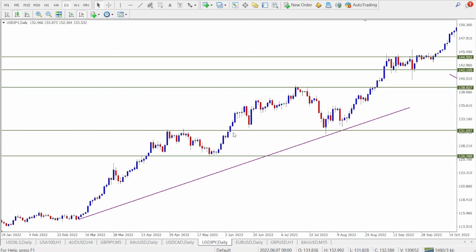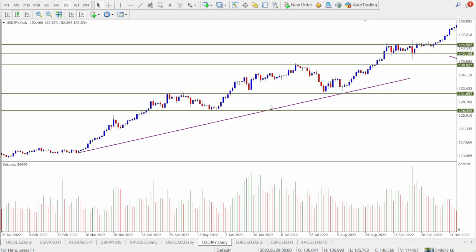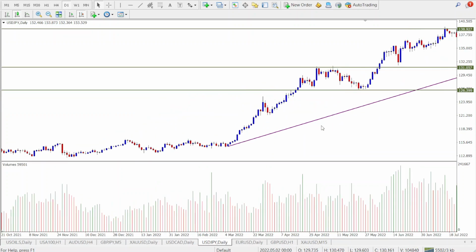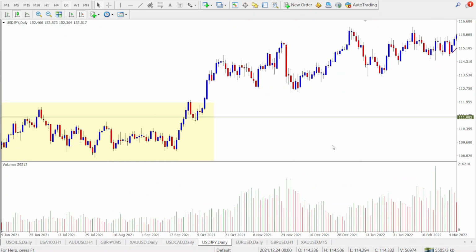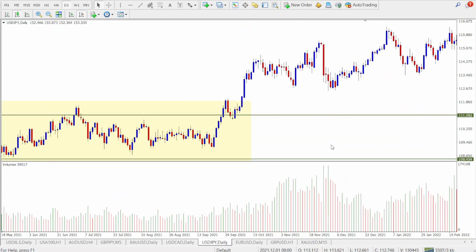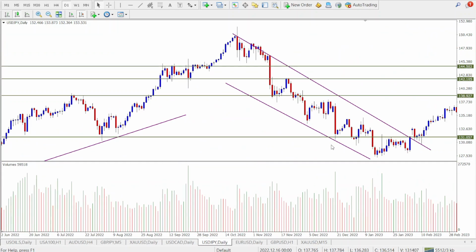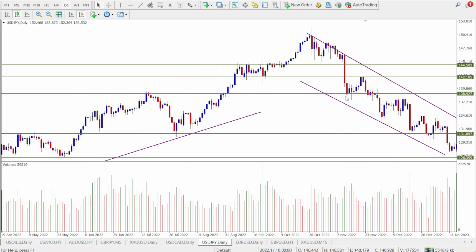You have to wait for a confirmed breakout with strong volume. Then I'm going to add the volumes indicator because it's going to come in really handy. We can use the volumes indicator to look out for an increase in volume whenever we have a breakout. We can see that